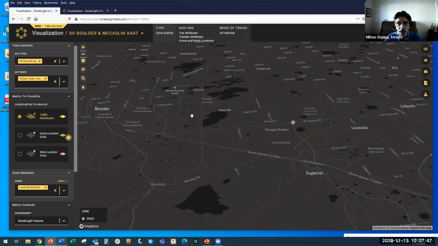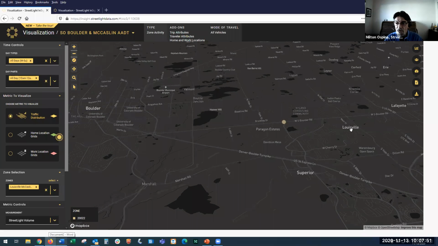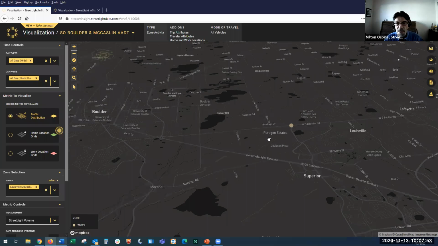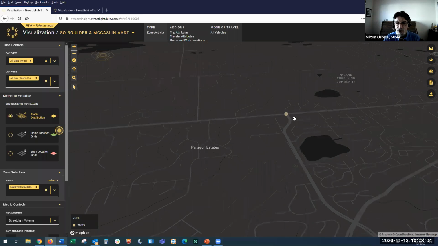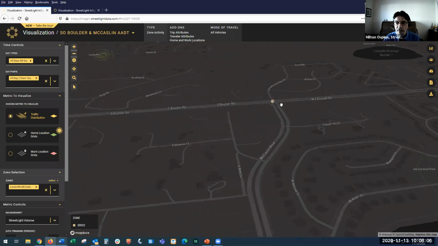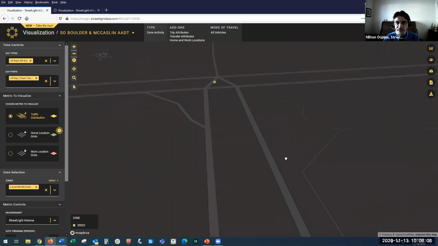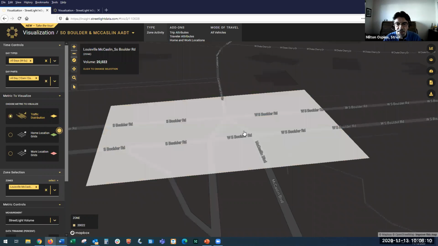This is Boulder County, and I'm in Louisville. This was kind of fun. I was talking to one of the communities here, and they said, "Hey, with your platform, could you tell me how many cars are going through that intersection on South Boulder Road and McCaslin, which is a fairly busy intersection?" So all I did was basically